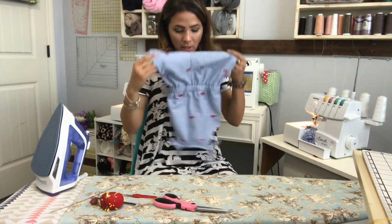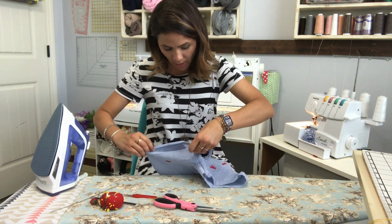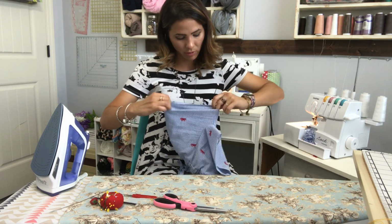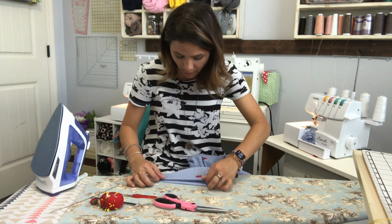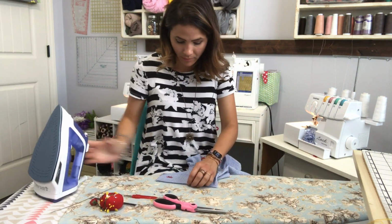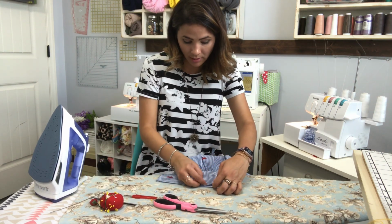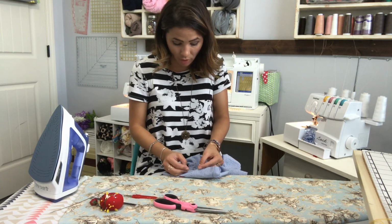So now I'm gonna do the hem. Again, I already have this memory hem right here. So this is good because now all I do is just fold it back over. And that memory hem that I did earlier. Steam and hem. If you're doing a knit, you're gonna do a straight, a zigzag or stretch stitch of your choice,